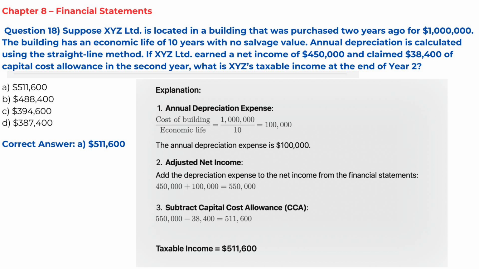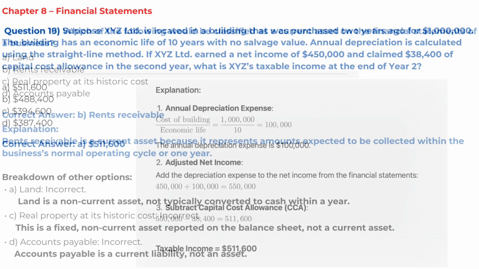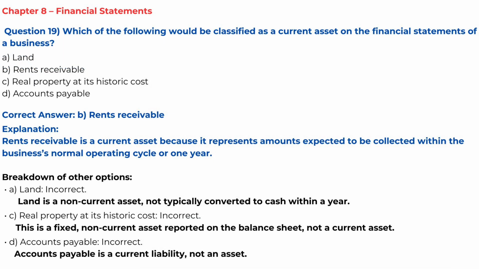Step 2. Let's find out the adjusted net income. We add the depreciation expense to the net income from the financial statements. So 450,000 plus 100,000 equals 550,000. Step 3. Let's subtract capital cost allowance, CCA: 550,000 minus 38,400, which equals 511,600. Our total taxable income equals 511,600. Question 19. Which of the following would be classified as a current asset on the financial statements of a